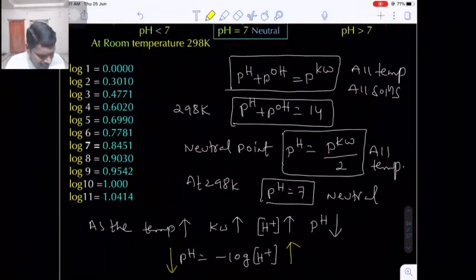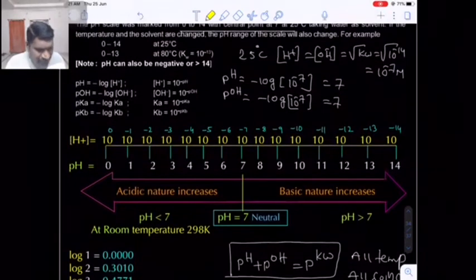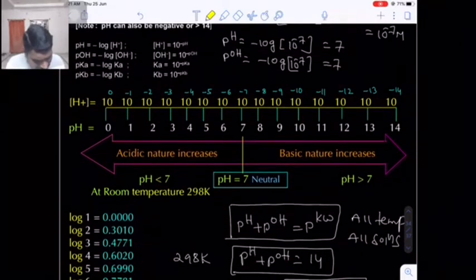Okay. Now here, the pH of pure water is 7 and the pOH of pure water is also 7 at room temperature. So the total scale will be divided into 14 units. Here these 14 units range from 0 to 14. Now here, if the H plus ion concentration is 10 raised to 0, the power will be 0 and the pH will be 0. If the H plus ion concentration is 10 raised to minus 1, the numerical value of the power is 1, so the pH value is 1. Similarly, 10 raised to minus 2 gives pH 2, and 10 raised to minus 3 concentration of H plus gives pH value 3. If the concentration is 10 raised to minus 14, then the pH value of the solution will be 14.